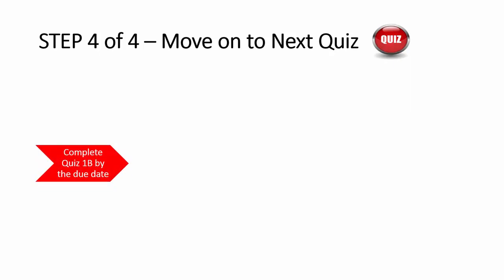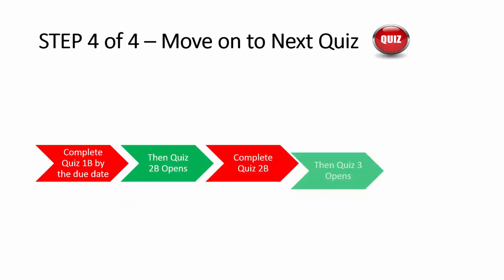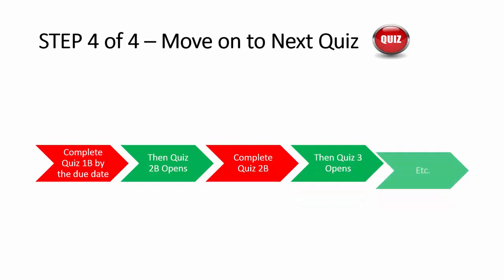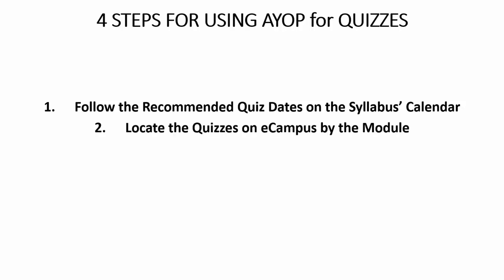So you're going to complete quiz 1B by the due date, then quiz 2 opens, complete quiz 2B, and then quiz 3 opens, and so on and so forth. So that is the process. Our 4 steps for using at your own pace. Number 1, follow the recommended quiz dates on the syllabus's calendar. Number 2,